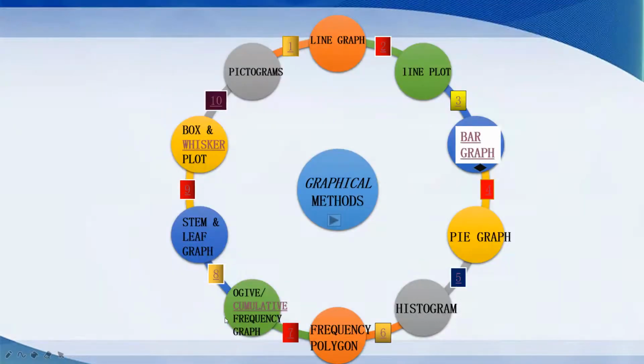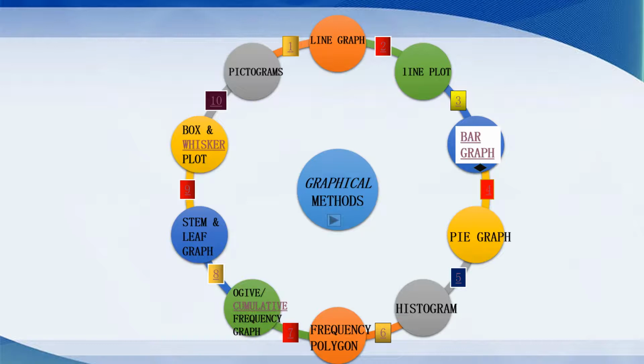Next we have the cumulative frequency curve or ogive curve. The ogive curve we can also sometimes call a cumulative frequency polygon. It is a type of frequency polygon that shows the cumulative frequencies. The cumulative percents are added on the graph from left to right, which plots the cumulative frequency on the y-axis and the class boundary on the x-axis.